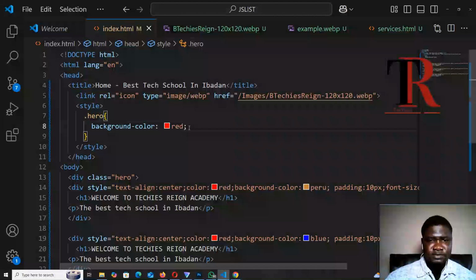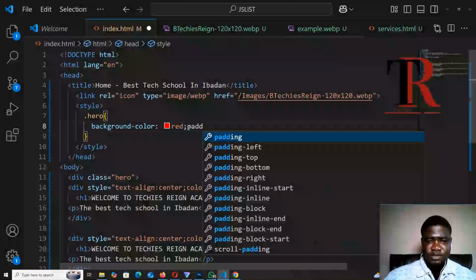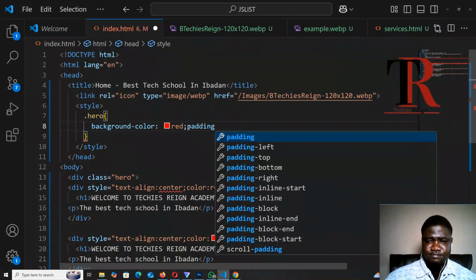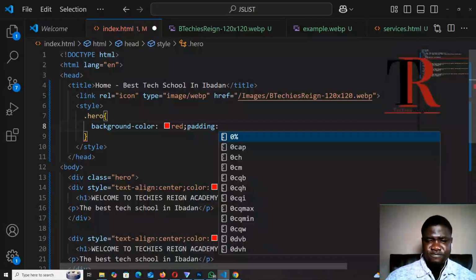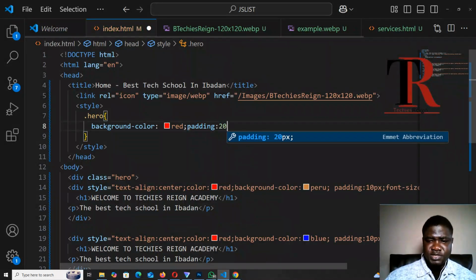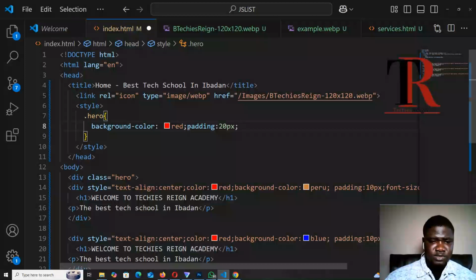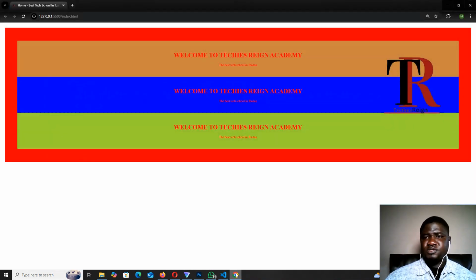So background color is euro. Okay, let's make a padding of let's say 20 px. Okay, and let's save it, and then let's come out here. Good. So why